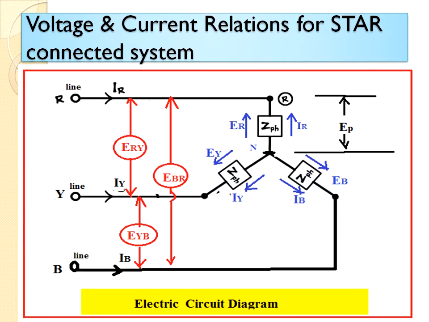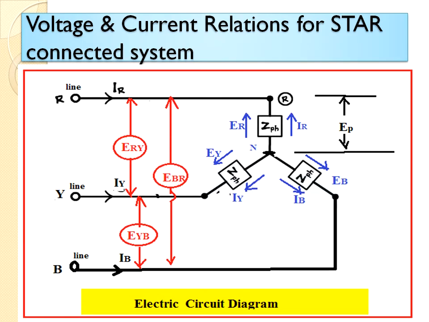So another important point, all of you understand first. After that, practice the circuit diagram and vector diagram for the VTU exam. Voltage and current relations for star connected system. If all the line voltages are the same, such a system is referred to as a balanced system. If the voltages are not the same, such an AC system is referred to as an unbalanced system.